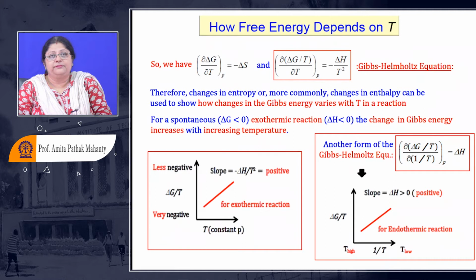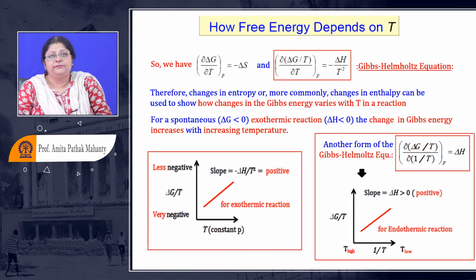Yes, ma'am. In an exothermic reaction, if we want a forward reaction, we should decrease the temperature, or the temperature must be very low. Exactly. The temperature must be very low, and this side is a higher value of 1 by T, means this side is a lower value of temperature. That is Le Chatelier's principle, right? You just now stated, when you have an exothermic reaction held at constant pressure, the reaction will proceed towards the side where the temperature is decreased, right?